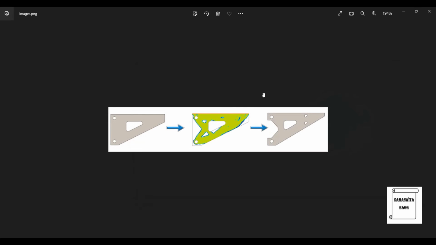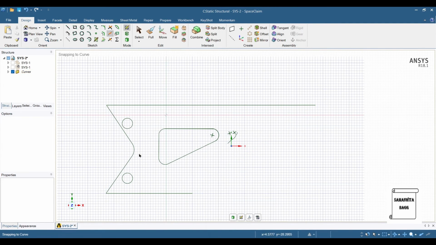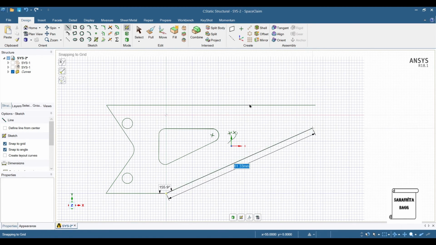So you can see here this is how the geometry would have been created. So we can just take up some shapes from this one. So we can create something like this. Here also you can give more design to this. I'll leave it to whatever it is right now so that we can reduce the material.